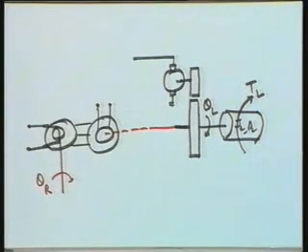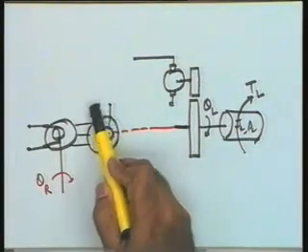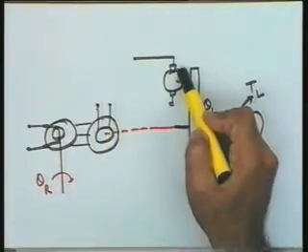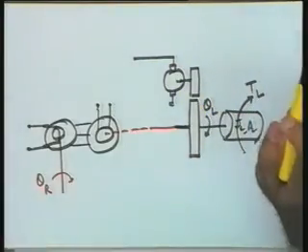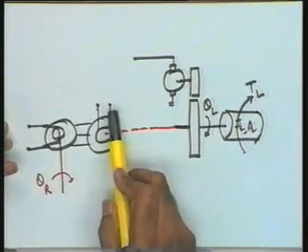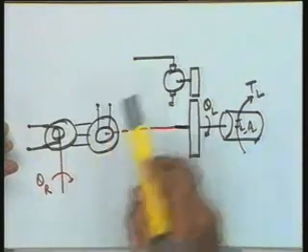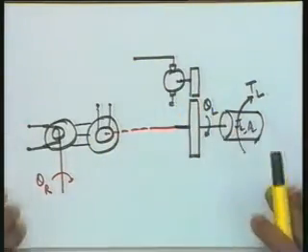Now I need your help, please. What should I do if I want to interface this particular signal to the DC motor after appropriate amplification? I need suggestions from you. After appropriate amplification, this particular signal has to be connected to the armature of the DC motor. I had two constraints. I wanted to use a DC motor as an actuator, and I wanted to use a synchro pair as an error detector. Suggestions, please? Okay, fine. The answer has turned out to be too simple.